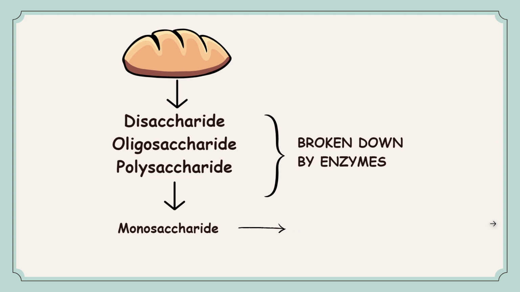Enzymes now begin to convert disaccharides, oligosaccharides, and polysaccharides into monosaccharides so that they can be absorbed when you eat something like a piece of onion bread. Different enzymes aid in the breakdown of different linkages. For instance, lactase, sucrase, and maltase break down lactose, sucrose, and maltose into their monosaccharides, while amylase breaks down large polysaccharides like starch into smaller units.